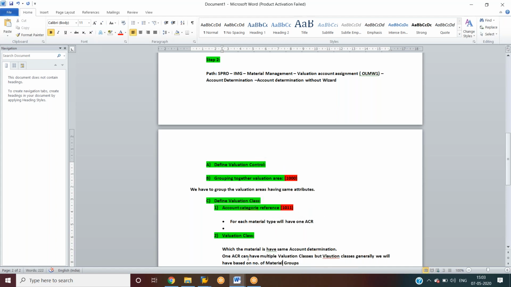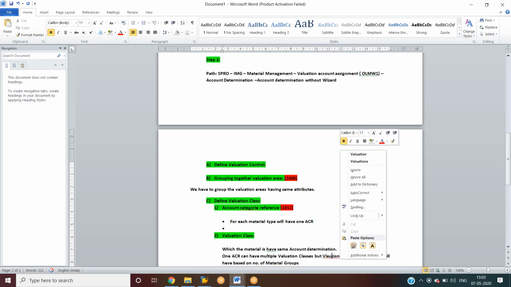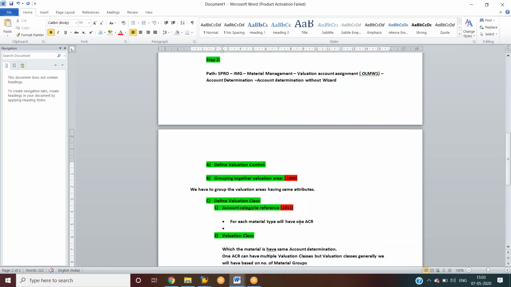So account category reference can have multiple valuation classes, but valuation classes generally we have based on the number of valuation groups we have.